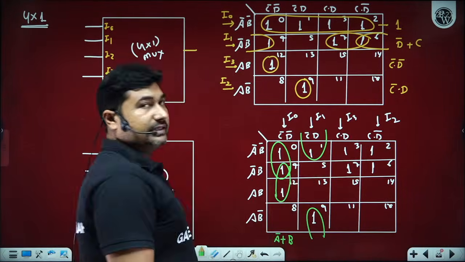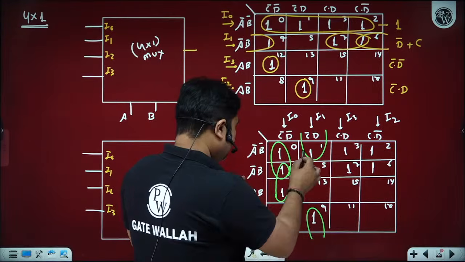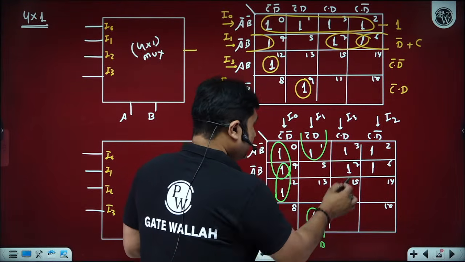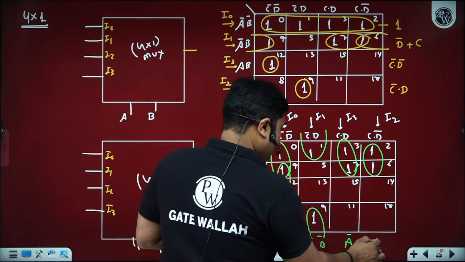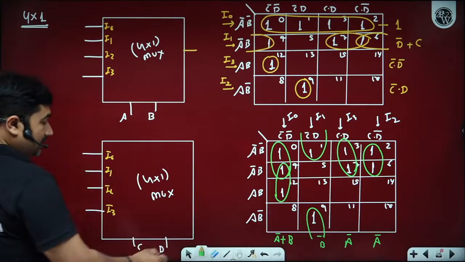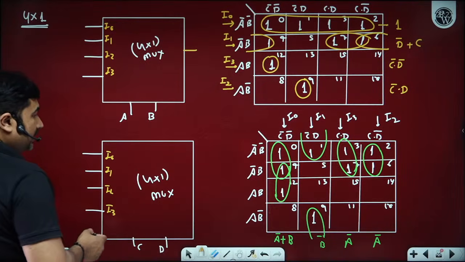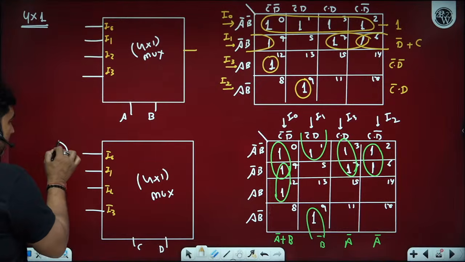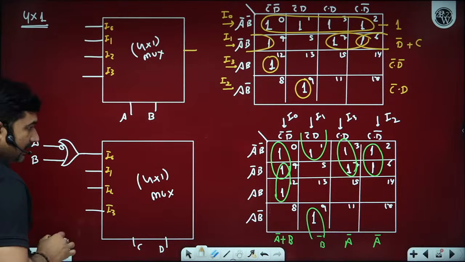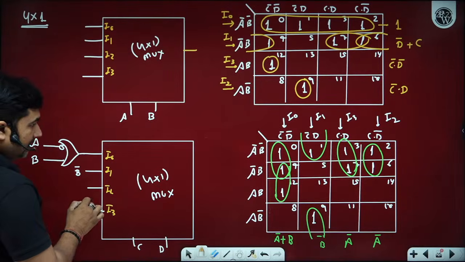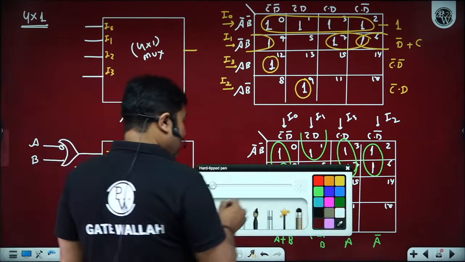So already C bar D is onto the I1 pin because of the select line function. Is it okay? So here we have B bar, and here we have A bar, and here A bar. Is it okay? So if we compare the two, then this will have a better option because it has only one A bar plus B. So we need A bar plus B onto the I0 pin, and here we need B bar, here we need A bar, and here we need A bar. So your function will get implemented by using 4x1 size multiplexer.